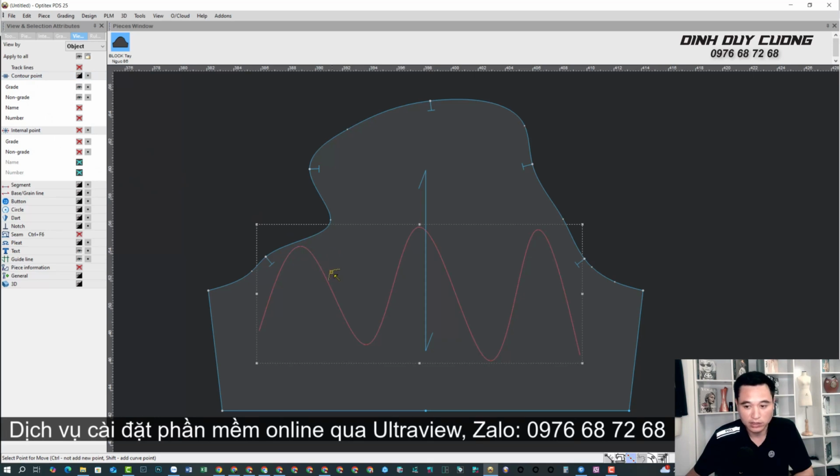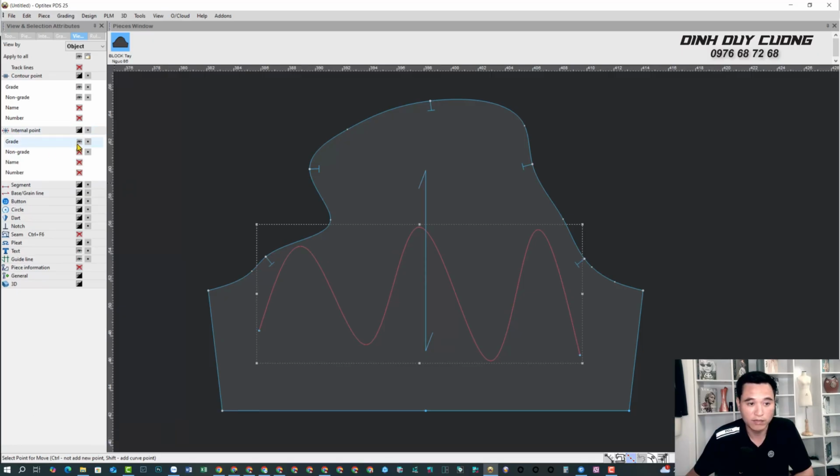Next, let's move on to this inner contour line. You can see that there is an inner contour line, but when you use the M command, the command is just to move points, you still won't be able to move it because all the points on this inner contour line are locked. So you can display them by going to internal points. You will open the grid and non-grid sections in this internal points panel. At this point, you can completely adjust this curve, this inner contour line, however you want. But if you lock it, you won't be able to adjust it.